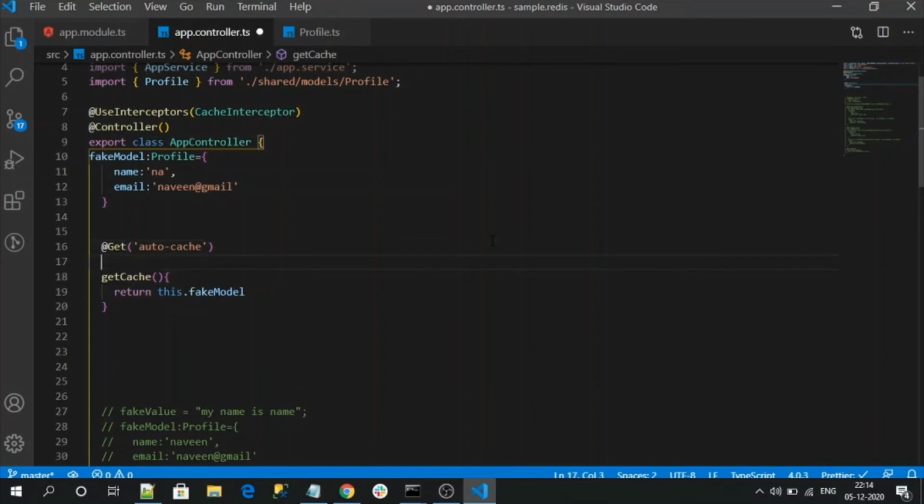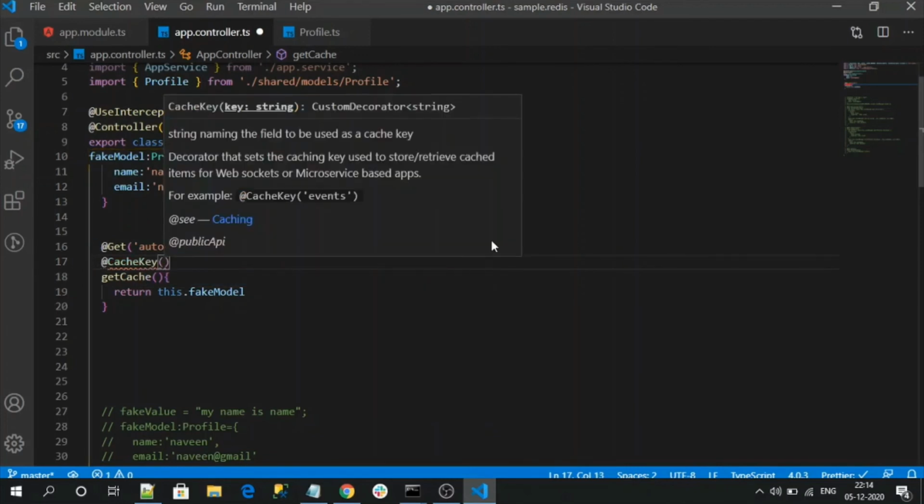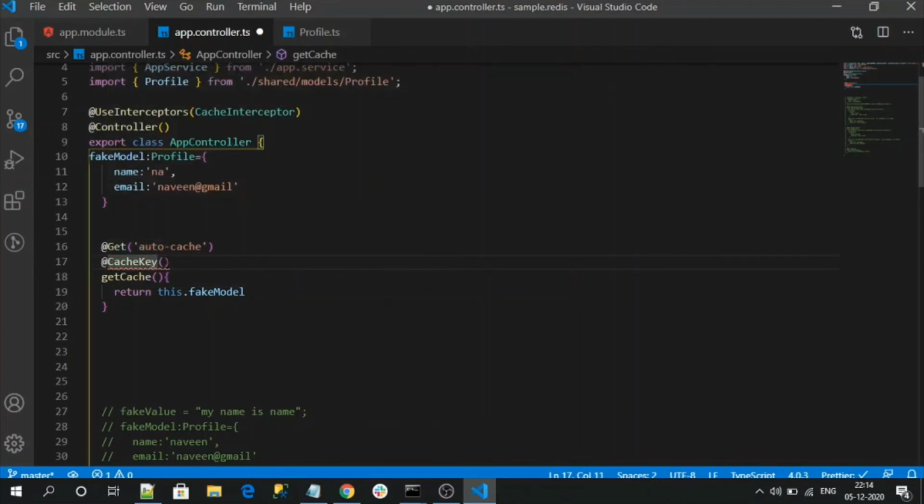To override that and give our own custom key, we need to use a decorator like CacheKey. Here you can specify the key, my auto cache. I am specifying the key. Using this key value, the auto response will now save the data into the Redis store.